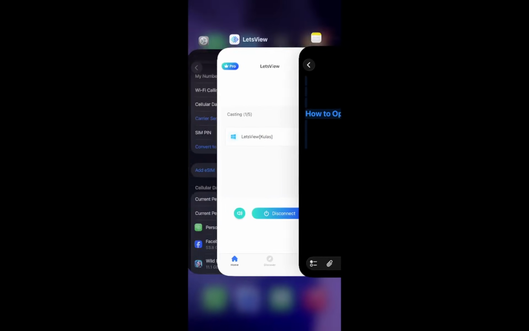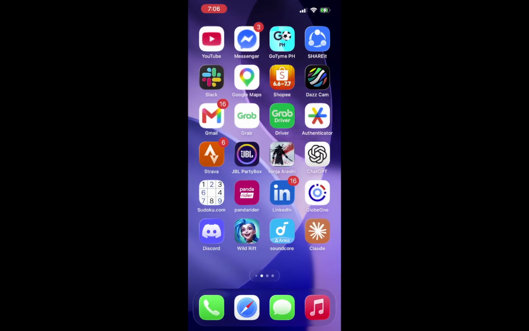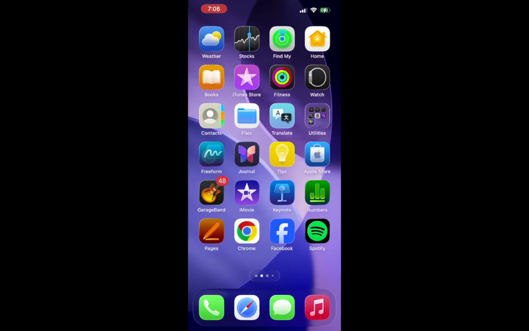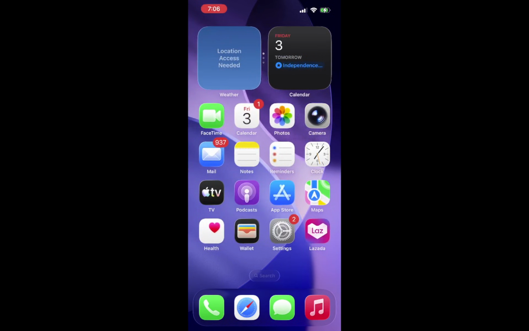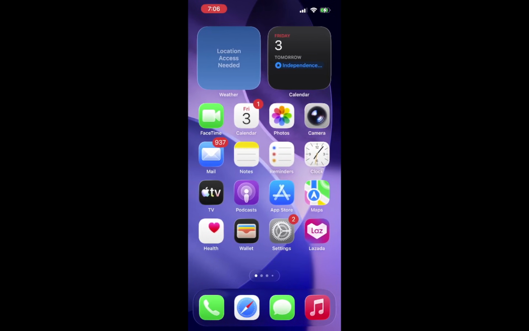If you have an iPhone with Face ID, swipe up from the bottom of the screen. You will see all your app icons laid out in front of you. For iPhones that have a home button, simply press that button to bring up your home screen. This action is crucial because it allows you to access all your installed applications. Once you are on the home screen, you can easily see your apps and begin your journey.